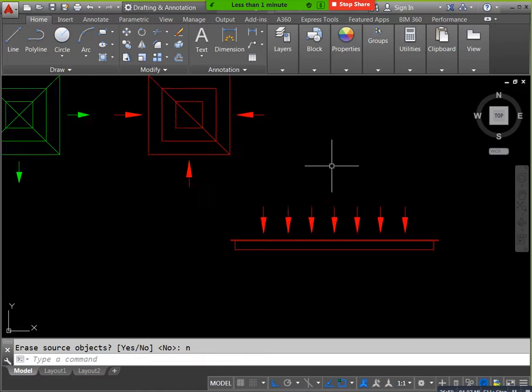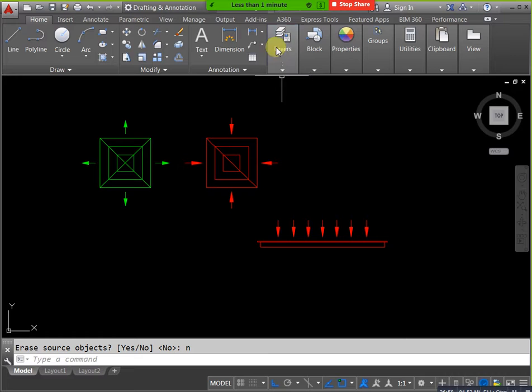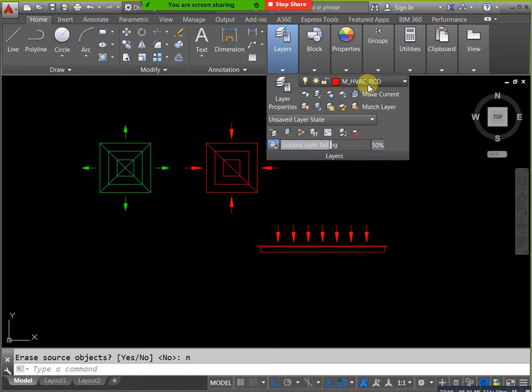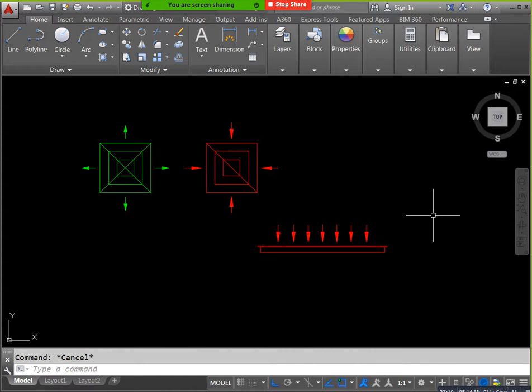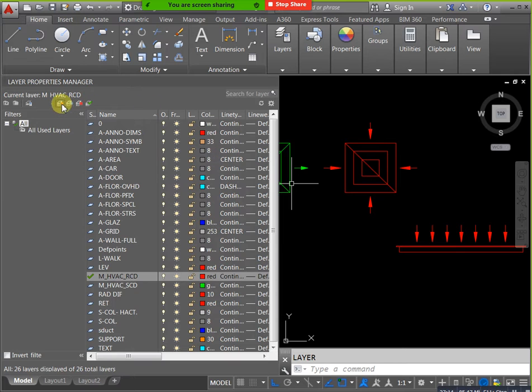Now I need to create supply. Okay, that purpose also we need to create one more layer, supply grill, and the same as well as this one. M underscore HVAC service underscore RCG.